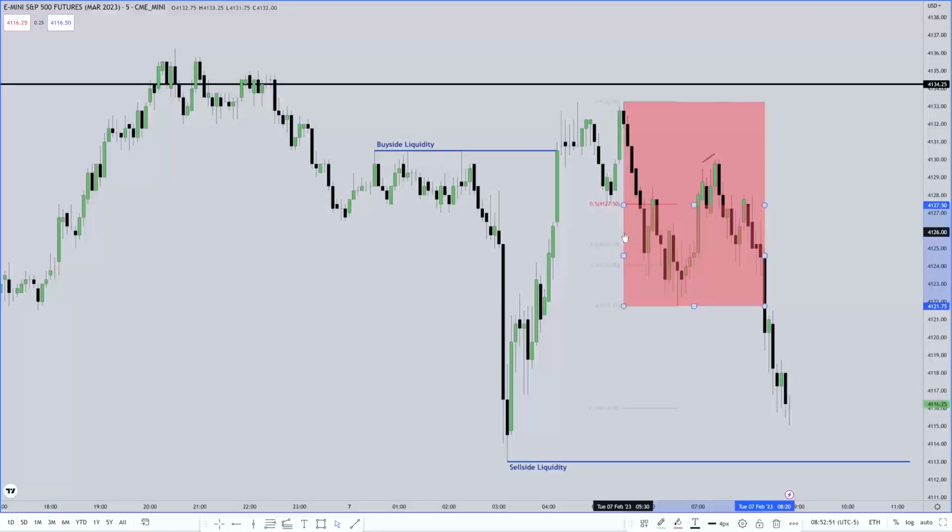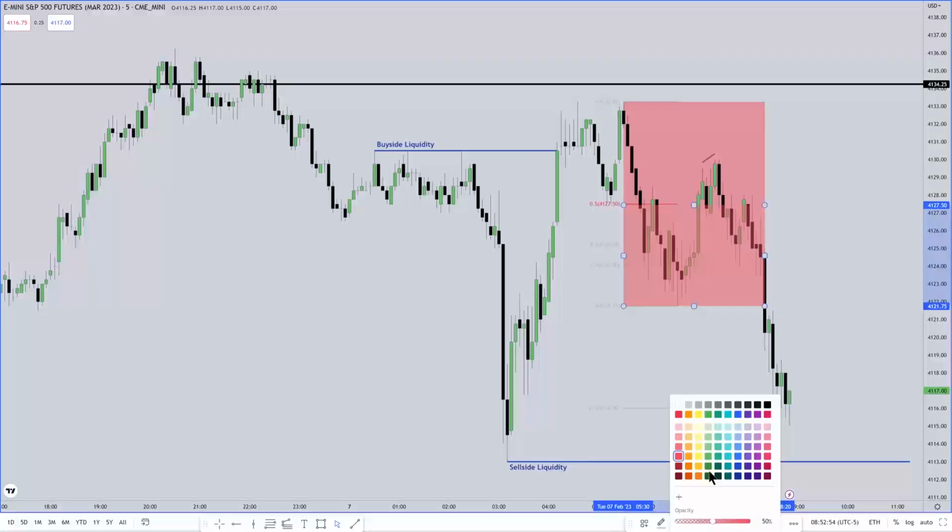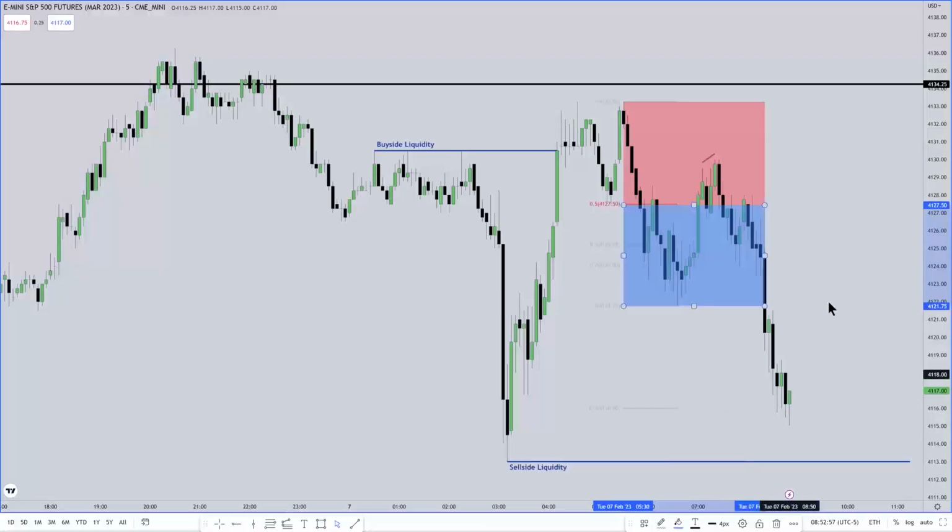From this point here to here, this is discount. This discount, okay, in the red shaded area above this level here, that's a premium. Above it or at that level, they're your ideal shorts. As soon as you cross the midpoint of the discount level here, once we get through that,